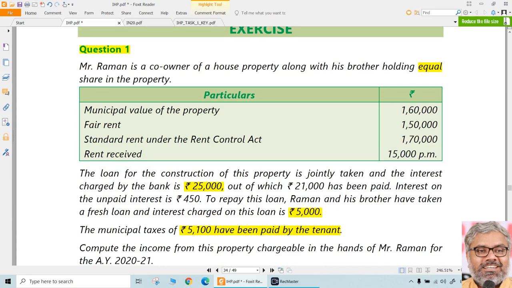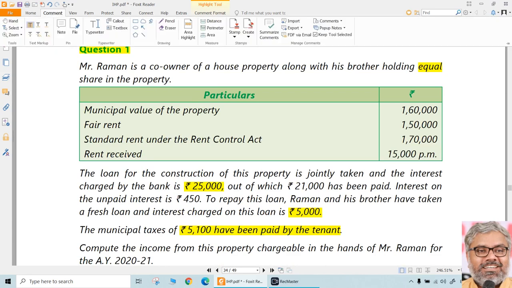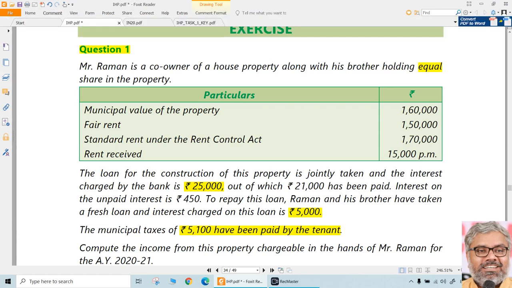So there is no logic of doing half of every case. So rather we can just do one short calculation and then divide it by 2. That is easier. So what is the gross annual value of this property? First let us calculate. Municipal value 1,60,000, fair rent 1,50,000, whichever is higher, 1,60,000. 1,60,000 and 1,70,000, whichever is lower. So 1,60,000. So expected rent is 1,60,000. Rent received is 15,000 per month, that is 1,80,000 is the rent received, which is higher. So naturally the gross annual value will be